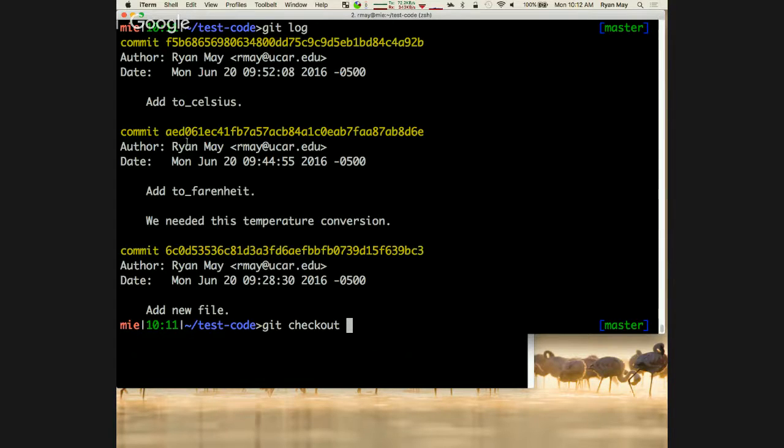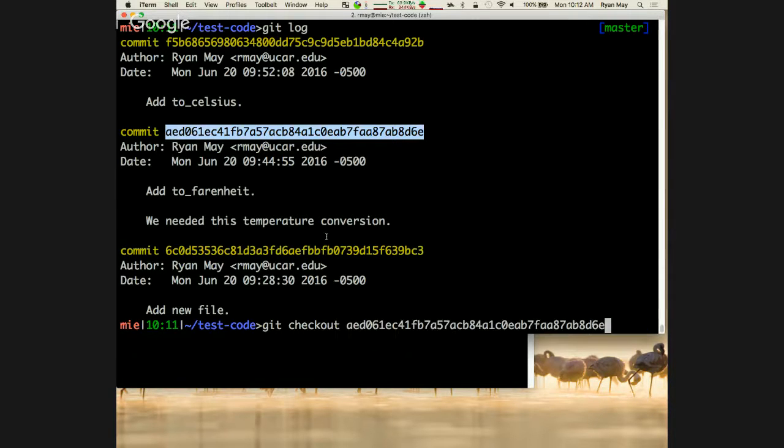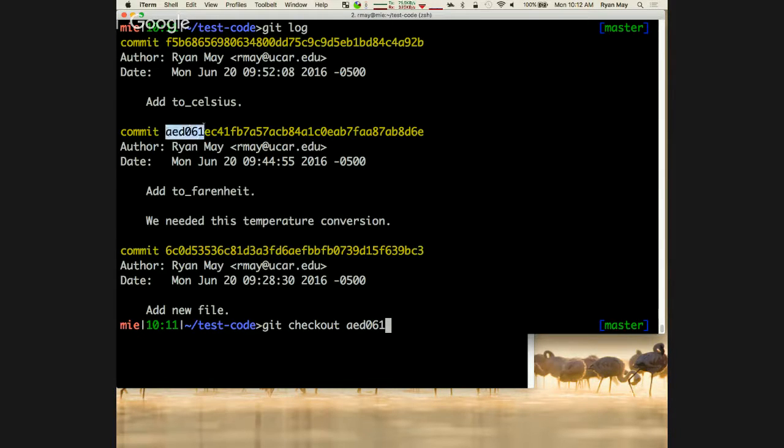If I want the content from, say, what test.py looked like at this commit, I don't have to write the whole commit. I can just give it the first few numbers as long as it's unique. So I'm grabbing this. What I'm saying is I want to check out this commit, and I really only want test.py out of it.